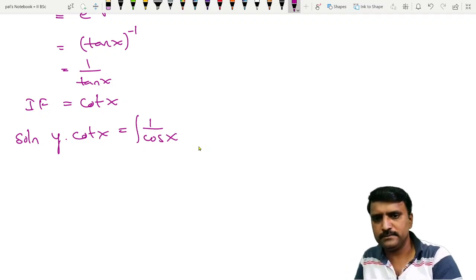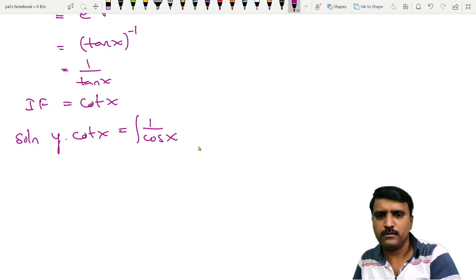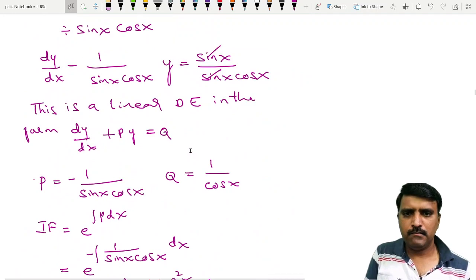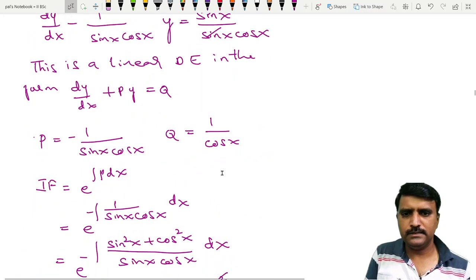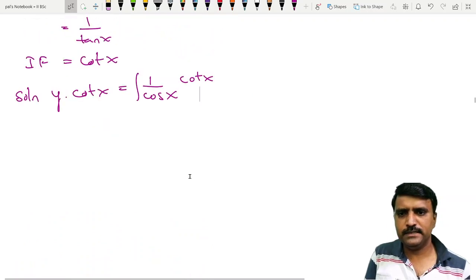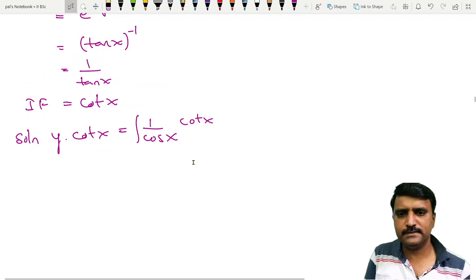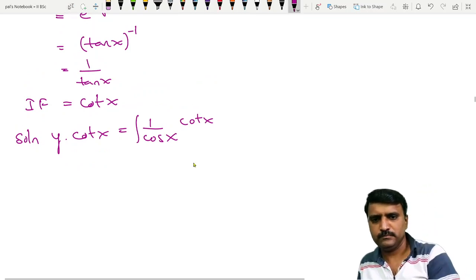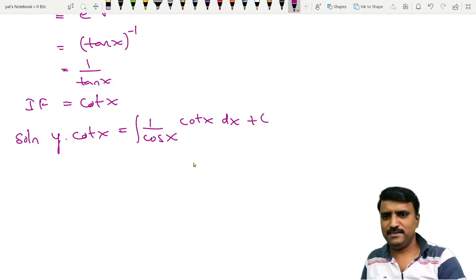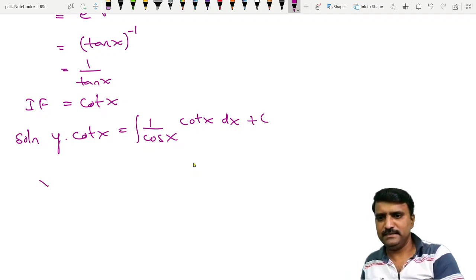into cot x. Is this correct? Yes, it is 1 by cos x. So it is cot x in 1 by cos x into cot x into dx plus c. Okay, so then it is y cot x is equal to